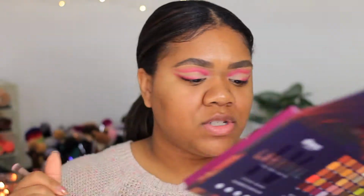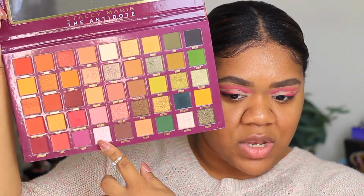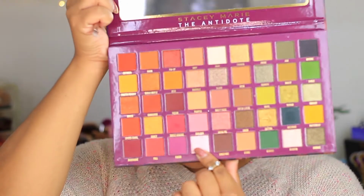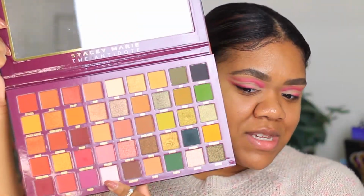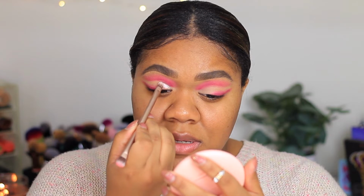I want to add a little bit of a pink shade now. So I'm going to take this shade Oyster, which is this really gorgeous pink shade right here. It looks white with all of the lights on it, but it's not. It's a very pearlescent, pretty light Barbie pink. And I'm going to take the other side of this brush, go right in and start laying that shade down. I'm not going to actually cut my crease,